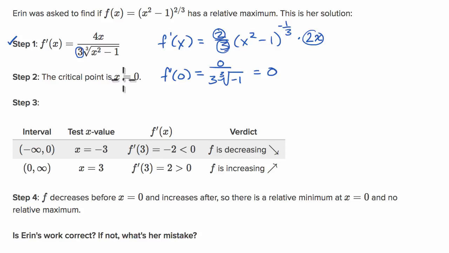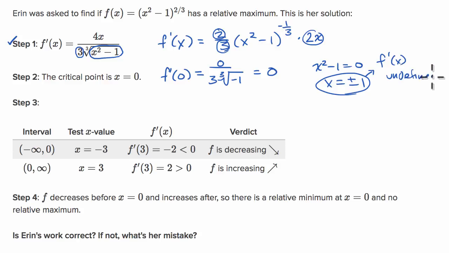But a question is, is this the only critical point? Well, a critical point, as we mentioned, is where the derivative equals 0 or where it is undefined. And this is the only one where the derivative equals 0. But can you find some x values where the derivative is undefined? Well, what would make the denominator of the derivative equal to 0? If x squared minus 1 is equal to 0, you take the cube root of 0, you're going to get 0 in the denominator. So what would make x squared minus 1 equal to 0? Well, x is equal to plus or minus 1. These are also critical points because they make f prime of x